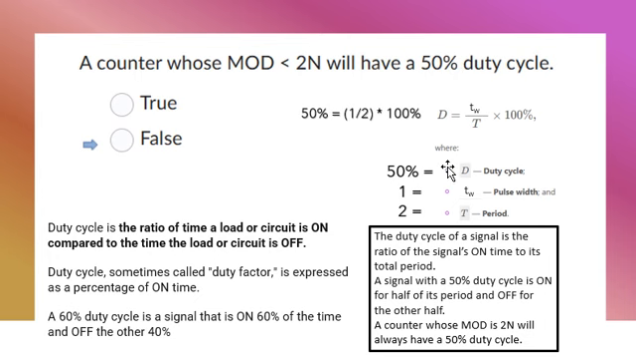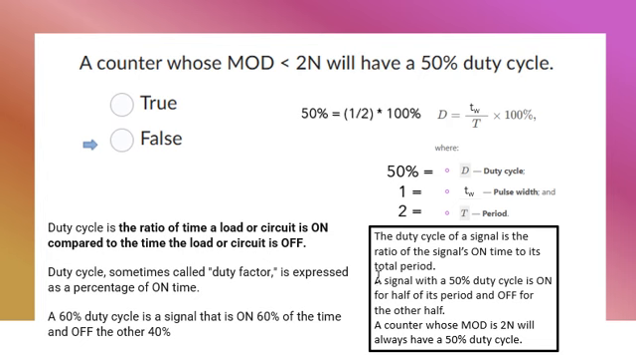So if we think about 50%, it means that your pulse width is half of your period. That's what we call a duty cycle of 50%. We also call the duty cycle a duty factor. So if you have a 60% duty cycle, the signal is on 60% and off 40%. If you have 50% signal on, then you will have 50% signal off,